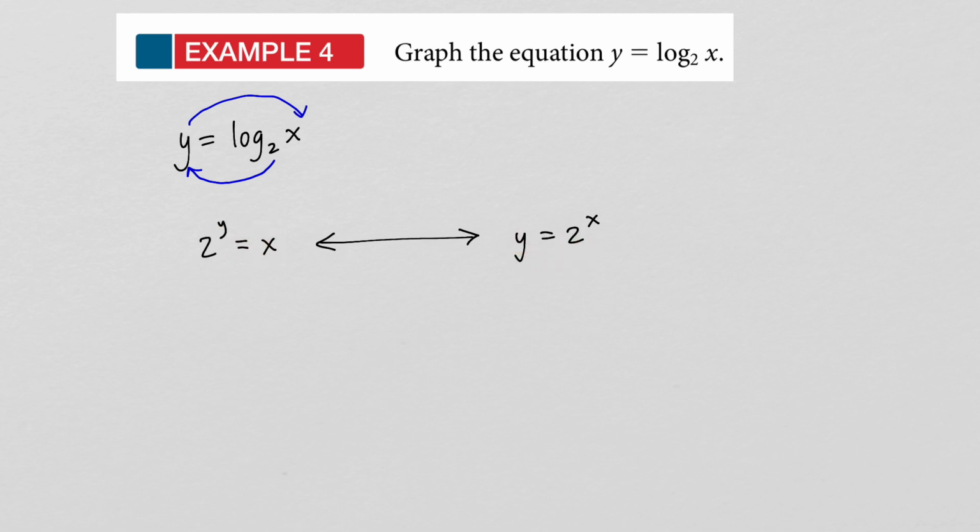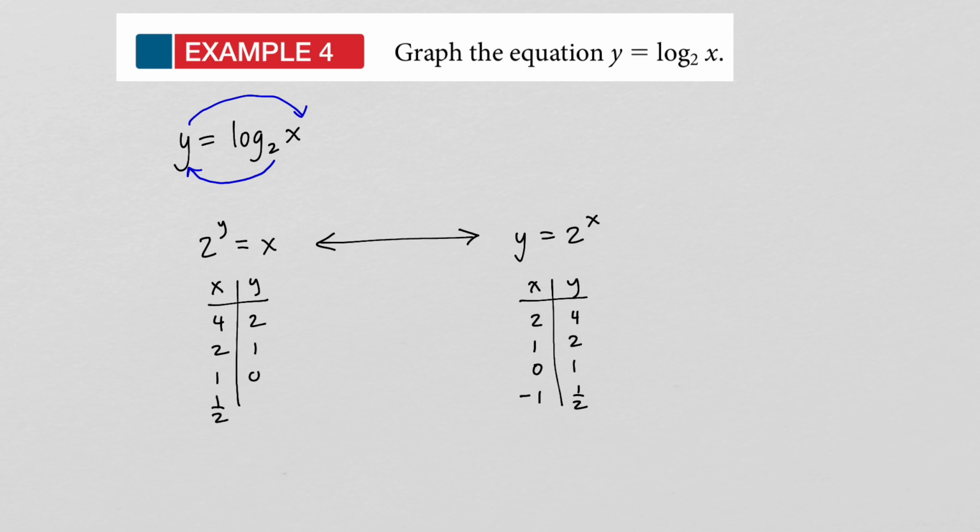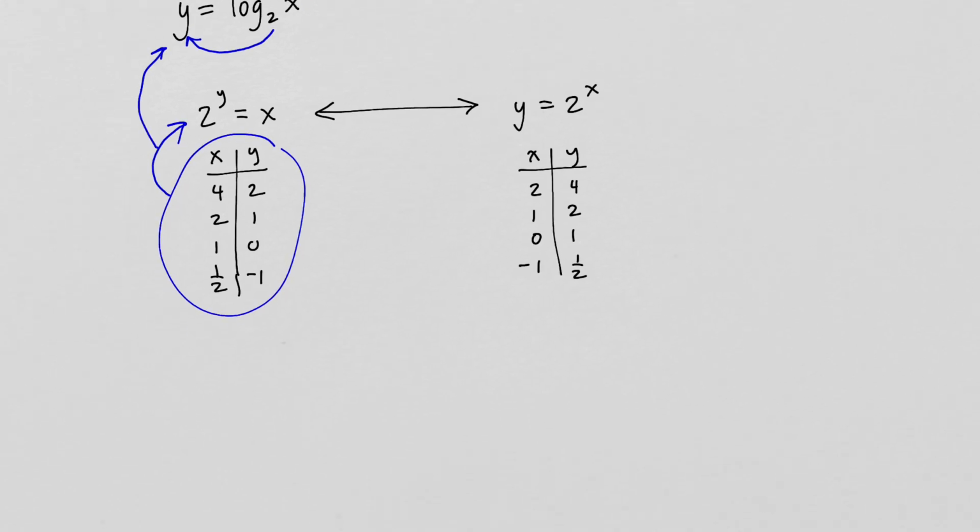Now, the reason I'm bringing this up is because we just talked about how to graph y equals 2 to the x. All we would need to do here is plug in a few points. So those would be the x and y coordinates for these particular points. And then since this is the inverse of that, this graph would simply have the same coordinates but just flipped around, right? And these points are on this graph, but that is the same as our original. So if we graph these together,